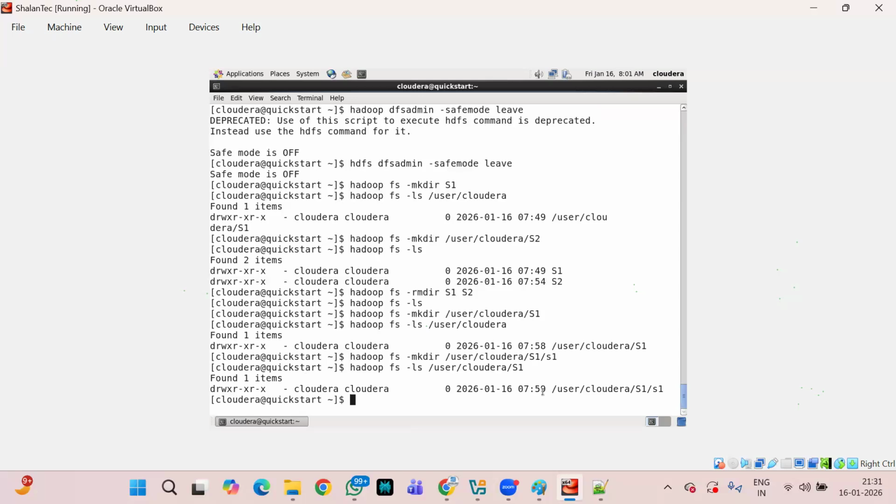Okay, see what is the path of that particular folder? I have listed it right here. I have listed what is inside S1. It shows me this is inside S1. So that is small S1. That is the path, right? If I create a folder in Windows also,